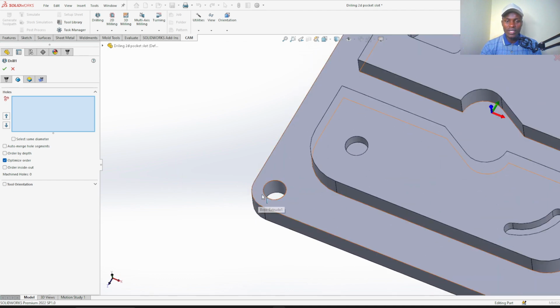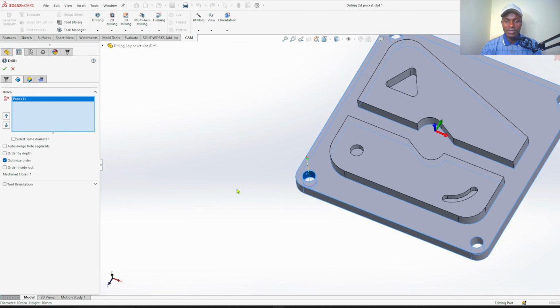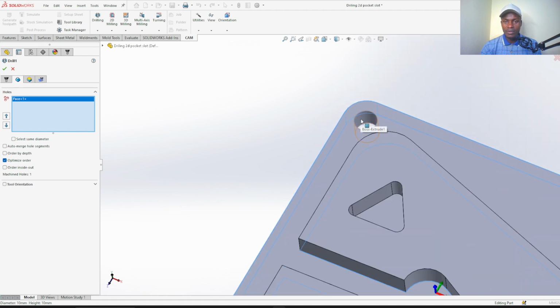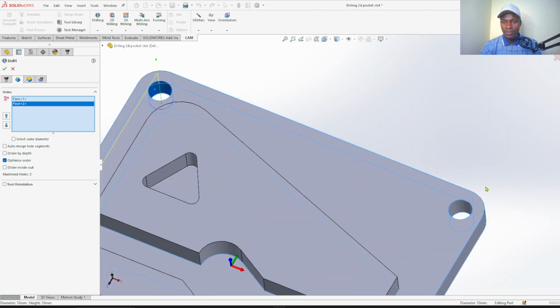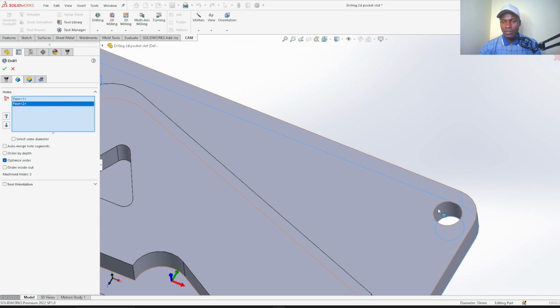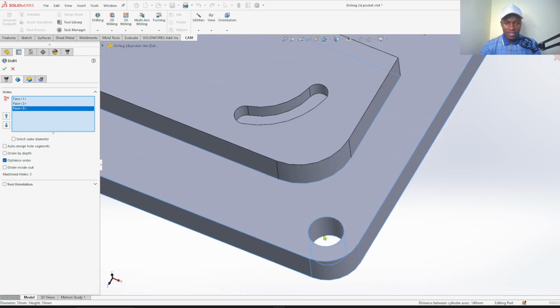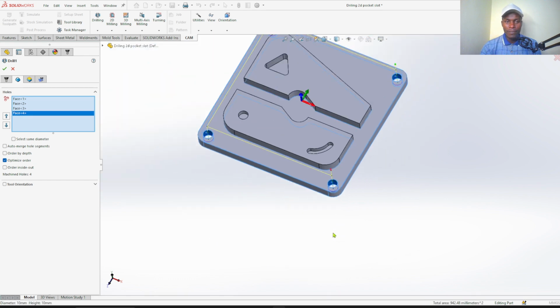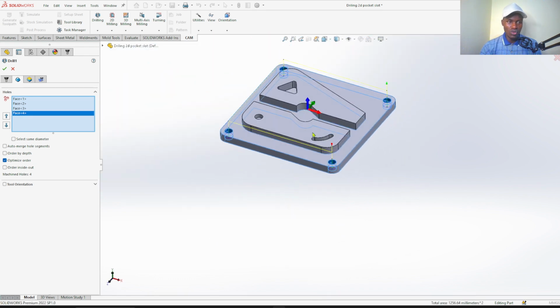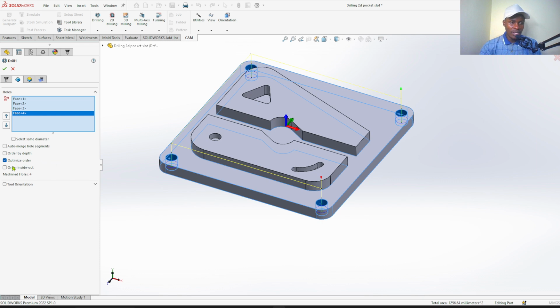So select holes, just click on internal surface here and you are good to go. Then you can tick to optimize order.